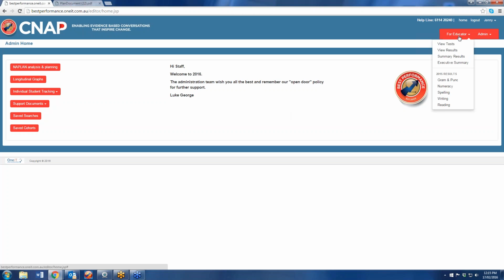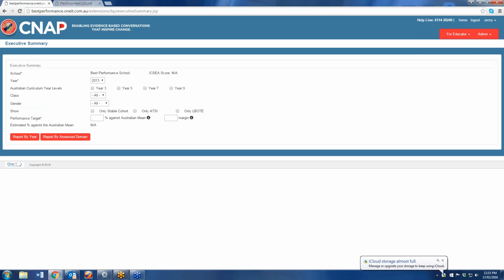To access the executive summary function, you're required to go to the For Educator tab, in the top right-hand corner, and scroll down to executive summary. What you're then given are some options to create your summaries. Always go to 2015 here, and I'm going to look at best performance. School is actually a school that has years 3, 5, 7 and 9.